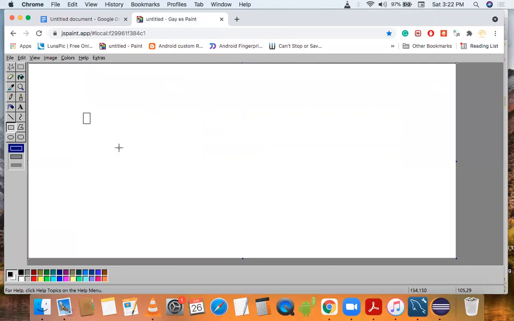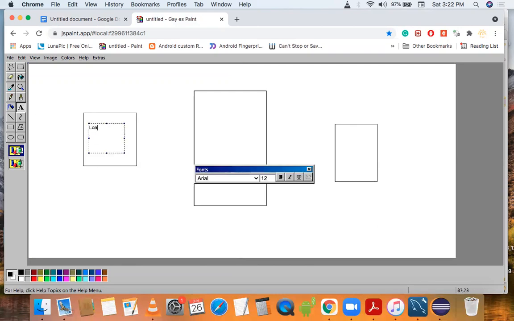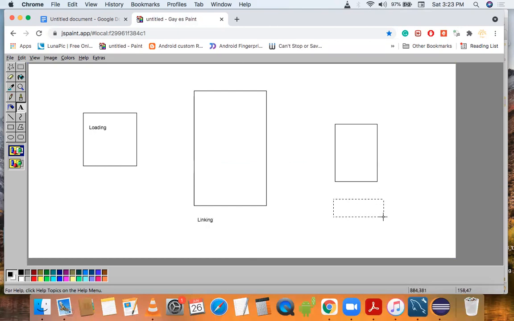So this is our loading phase, second is the linking phase, and third is the initialization phase.